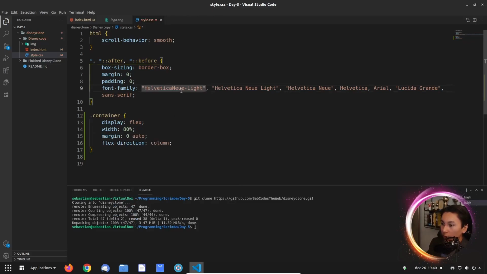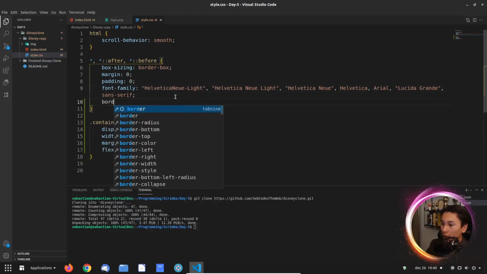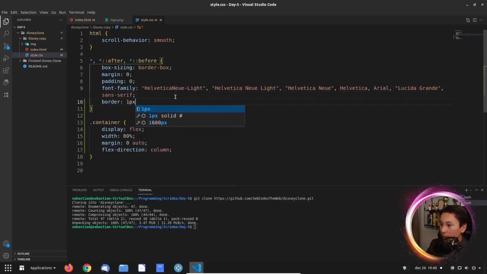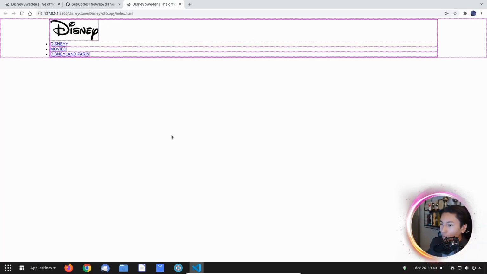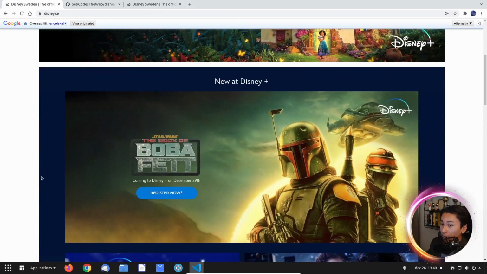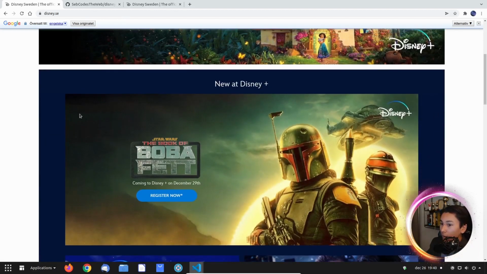And also right here I'm going to put a border of 1 pixel dotted magenta, and this is simply just going to put a border and everything, so you can much easier see the box model and how everything affects each other. So here we have our body, and right here we have our Flexbox container, which is going to contain everything neatly here inside,